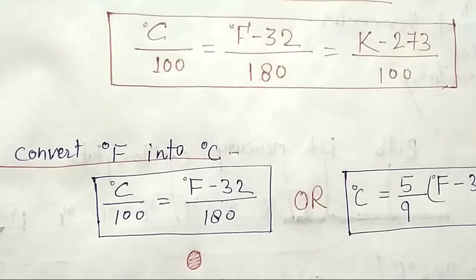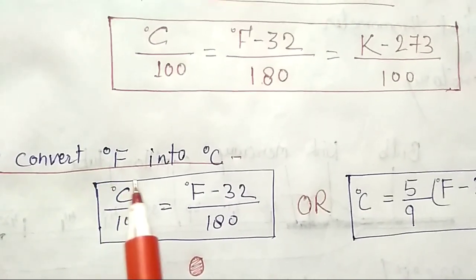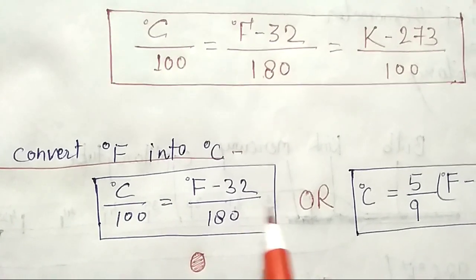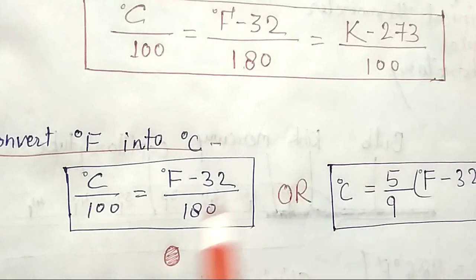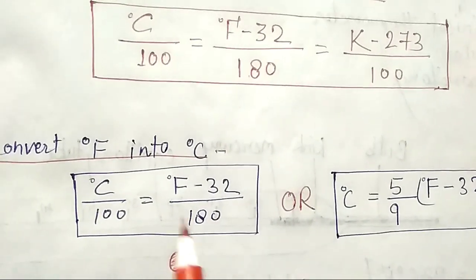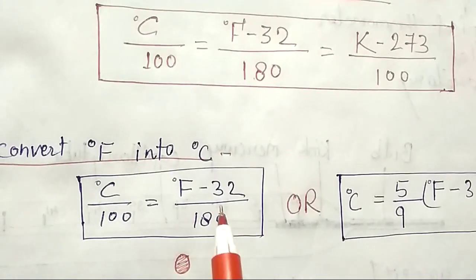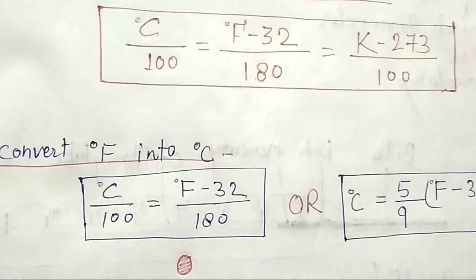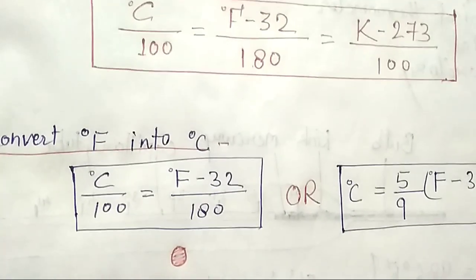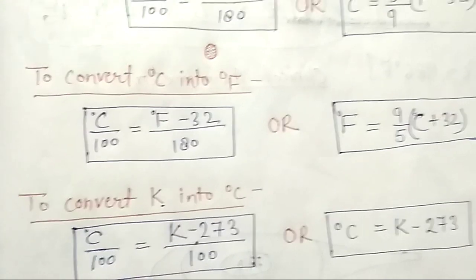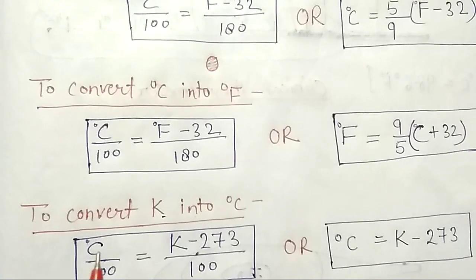First, if we want to find the value in degree Celsius and the value in degree Fahrenheit is given, we use this formula or this formula. This formula is derived from this formula, so we can use both of them. But here you can see we will get a large calculation, while here we can easily find it. But you have to learn this formula. Here I have derived 6 formulas from the formula written above.